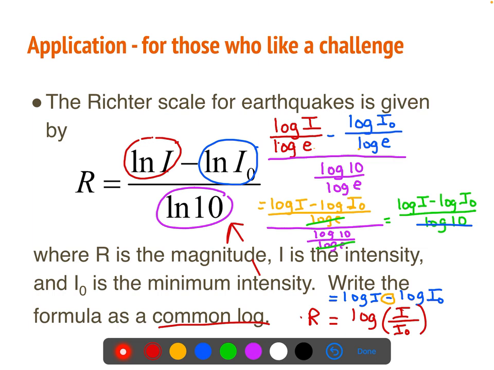So what have we done today? We've practiced condensing, we've practiced expanding, and we've practiced just the change of base. And in this problem, we practiced all of that. So I just want you to kind of get an idea of the log laws and how we